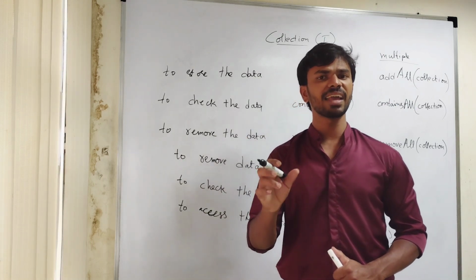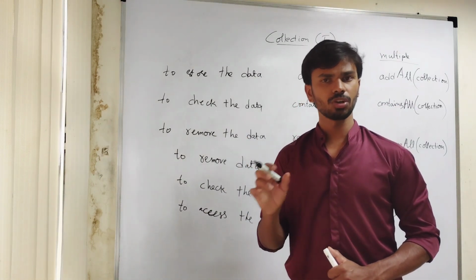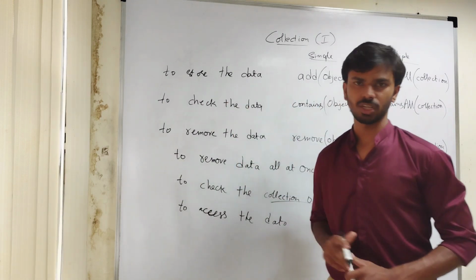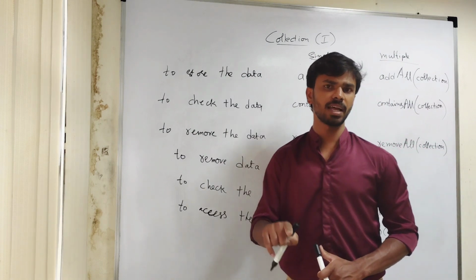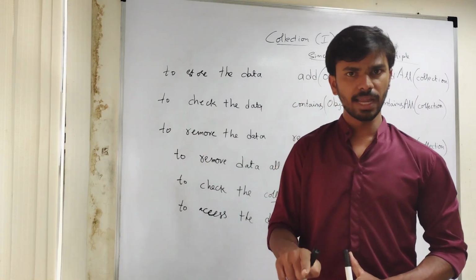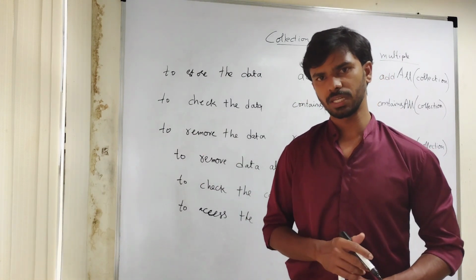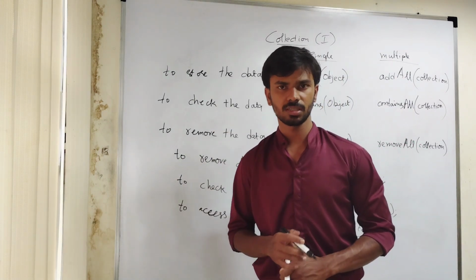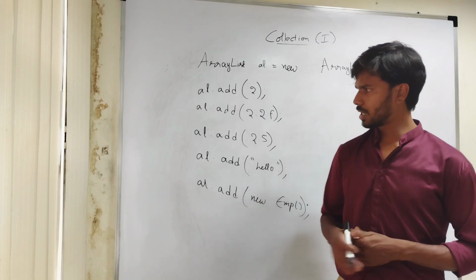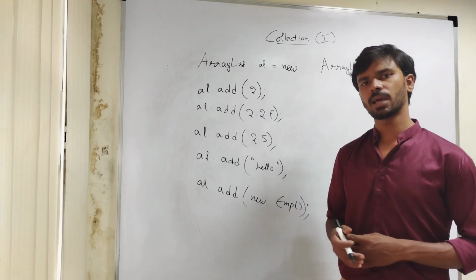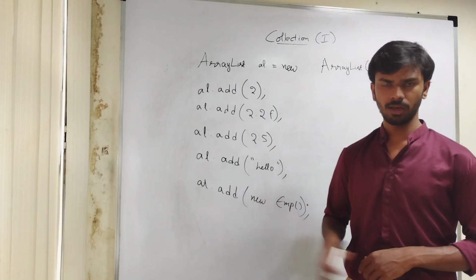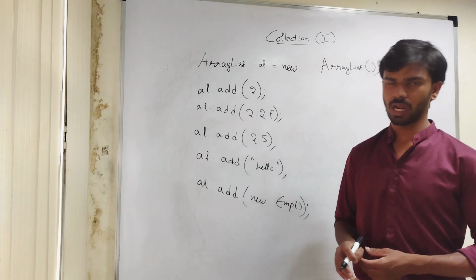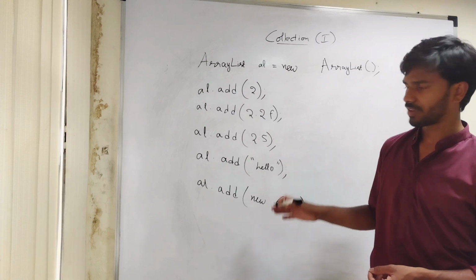Suppose I declare an integer array, I can store only integers, I cannot store a double value. But in a collection object, I can store an integer value, double value, string value, any kind of object also. That is possible in a collection, and that we are going to discuss now. Just now I told you how the collection object is able to store different types of data. We'll see now how it is going to store data of different data types